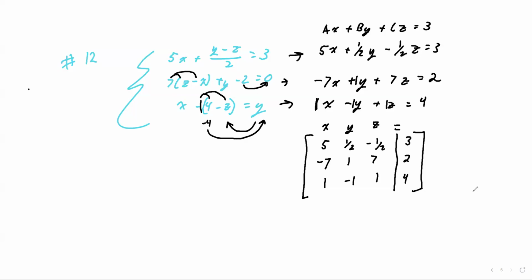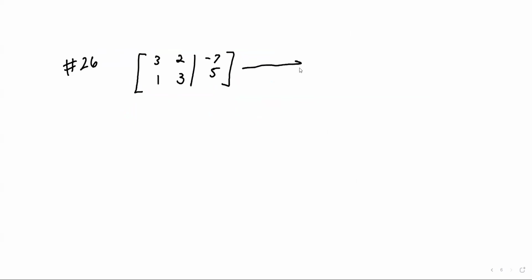All right, so let's work on the next type of problem you'll deal with. Let's look at number 26. It says simply fill in the blanks by performing the indicated row operations. In this one, they just tell you what to do, so you don't have to guess what to do. Again, they slowly get you into solving these. This is the augmented matrix you're given, and then they tell you